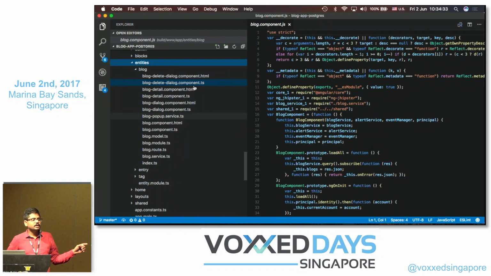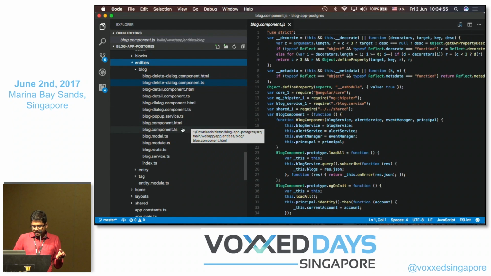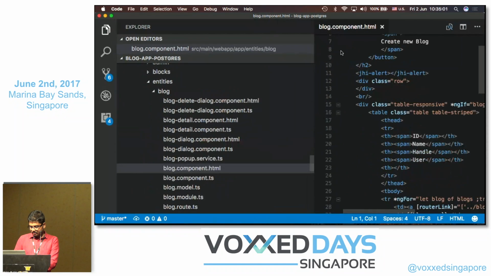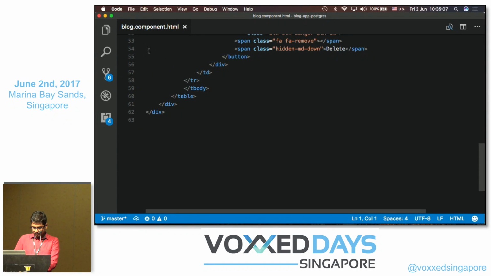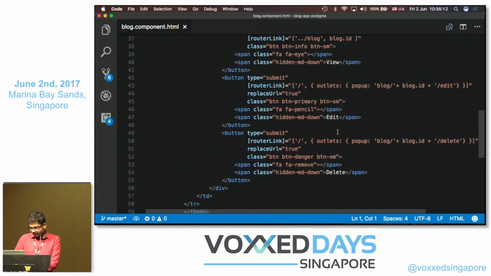So we do follow the single responsibility principle here. For delete, you have a separate set of HTML and TypeScript files. And for each and every functionality, we have separate sets of HTML as well as TypeScript files. So every HTML and TypeScript file does one function for you. So it is a single SRP functionality. If you have a look at this, this is the TypeScript file that we are generating, and this is the HTML that we are generating. So basically what we can do here is,